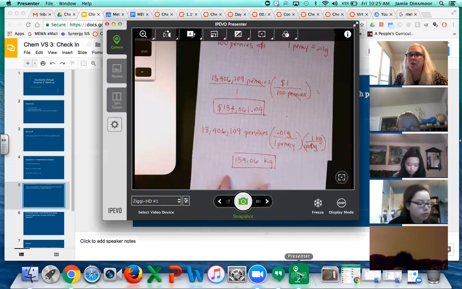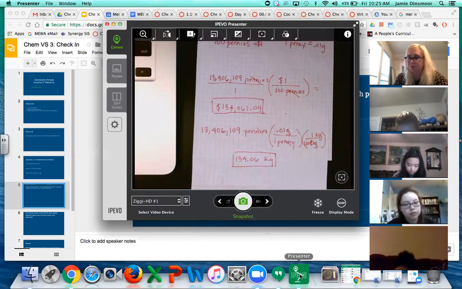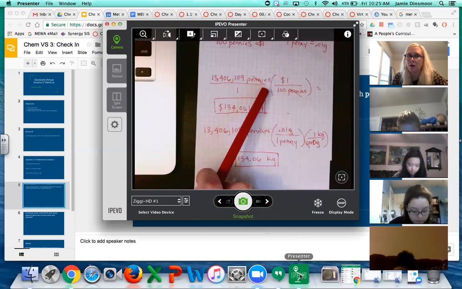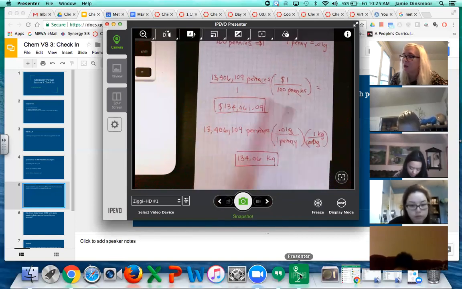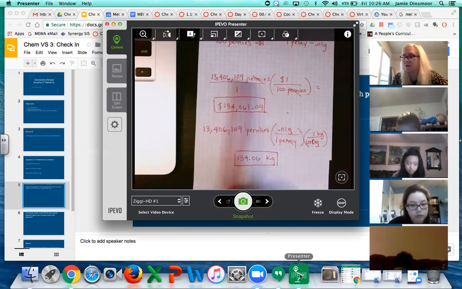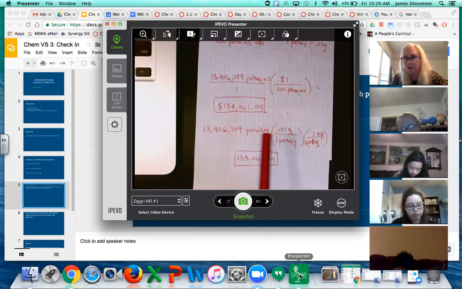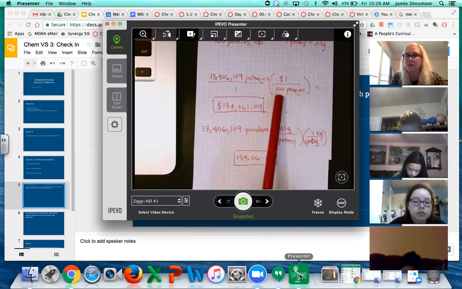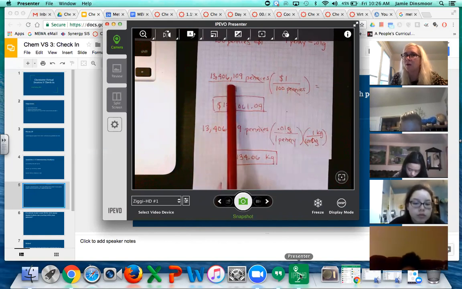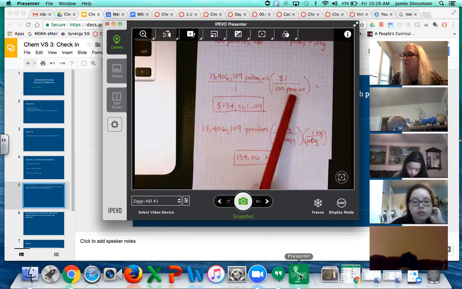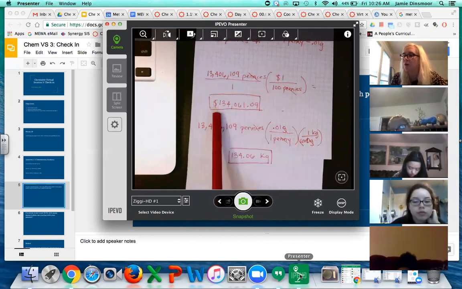So, our first one, we just needed to find out dollars. So, we knew that we found this many pennies, right? Again, that would have sucked to count all those pennies, but I'm glad we didn't do that. There's an implied 1 here. You don't have to put it. I did, right? I like all my stuff to be in nice, even boxes. We know that in $1 there are 100 pennies. So all we did was take our amount of pennies and divide by 100. Pennies cross out, and we're left with dollars, and we get